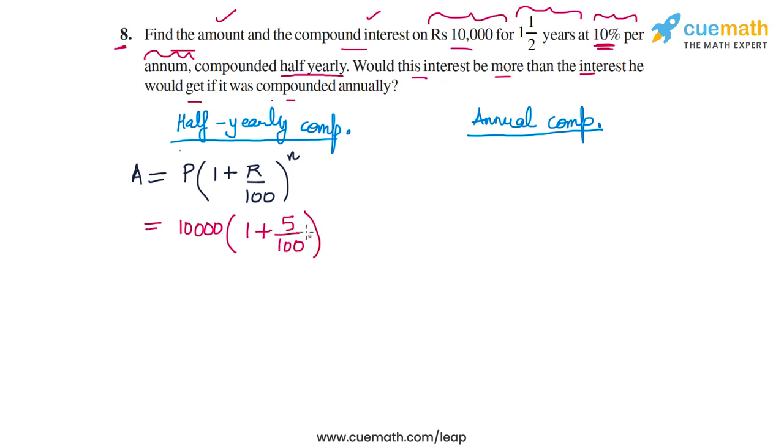And what will be the number of compounding cycles? So there are 3 half years in 1.5 years. So we will take n as 3. So this is the expression for the amount that we will get. Let's calculate this. So this is 10,000 into 1.05 cube. So there are two ways to calculate this. You could either calculate 1.05 cube or you could convert this into a fraction and simplify this. I leave that to you as an exercise. In both cases, the amount that you will get is